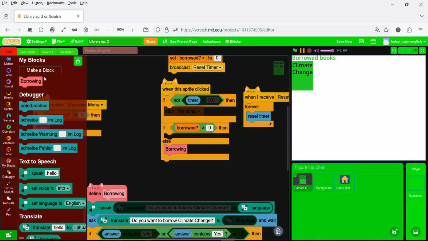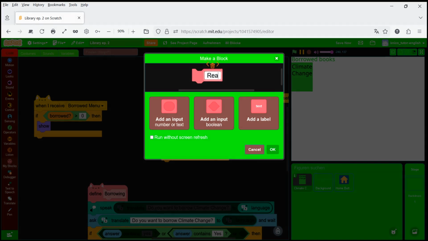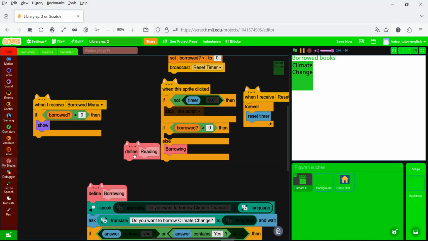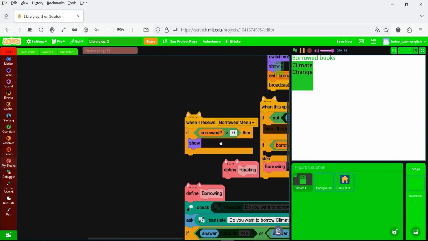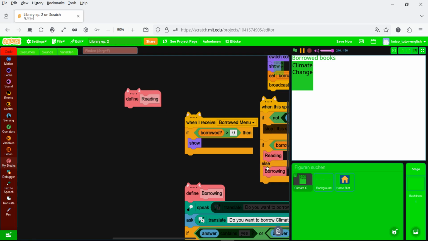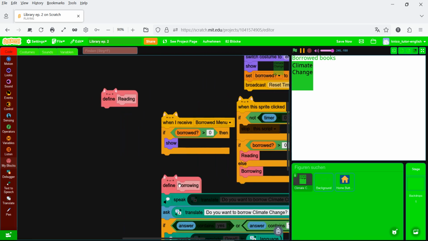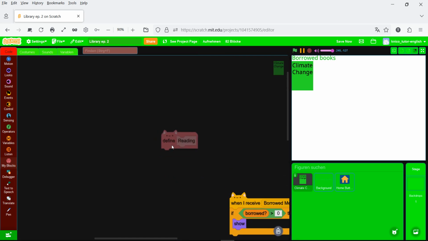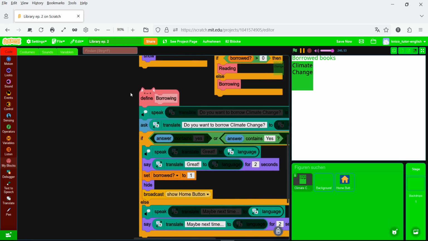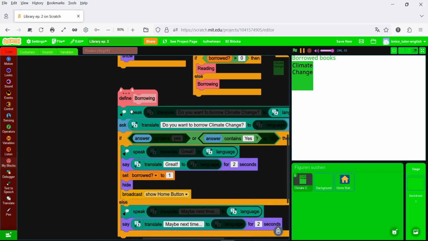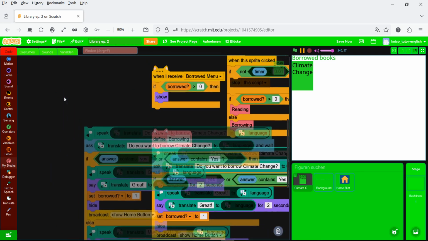But if it is true, we make a new custom block, naming it reading. Don't tick the one without screen refresh. Then find some free place for the define reading hat block, and check this in here. Very good. So, what do we do now? Can we borrow a little script from here? Yes. Just duplicate these scripts